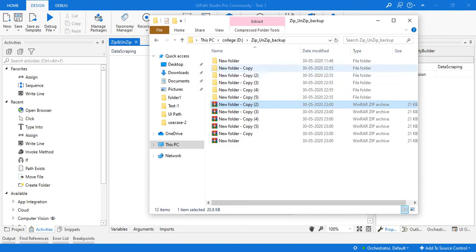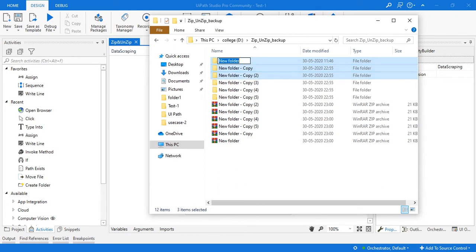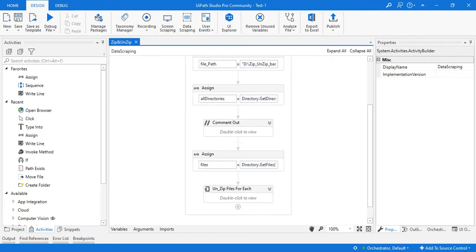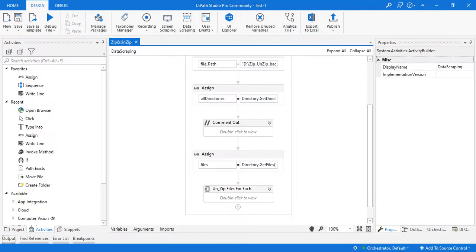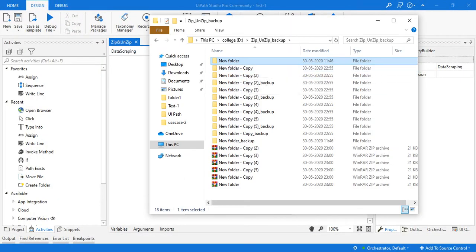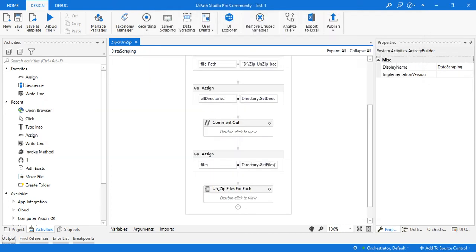You will understand. Here we have to take all these files as a backup. In production level also we get multiple files, and we have to unzip the files, where if a file is already available, then we have to name it as backup or today's date with the file name. So right now I am naming it as backup. Let me run this project once again. These files will be moved into backup files. This is my project, guys.